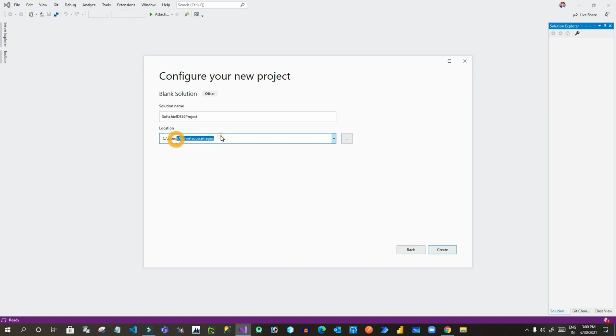You have to choose your location where you want to put your project. Let me choose this repos option. This is my C drive, so I will keep this location only. Click on create. So what it will do, it will create a folder called subchip D365 project in the location that I have chosen.